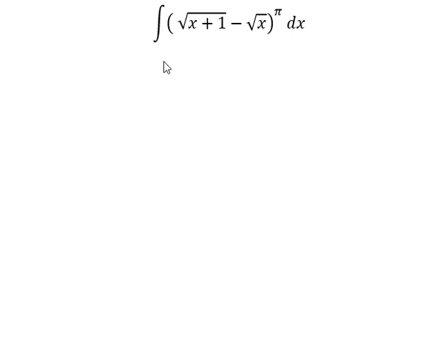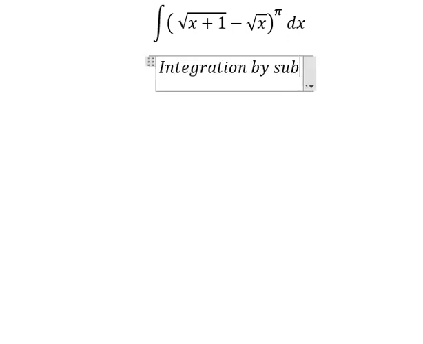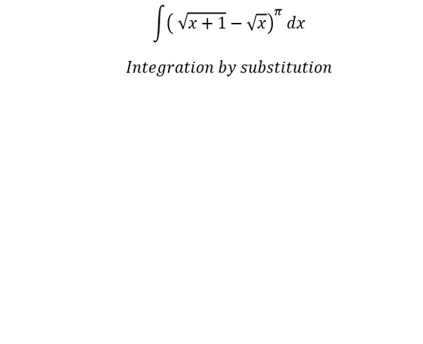So today I want to talk about calculus, the topic about integration. Now I want to show you how to answer. We can use integration by substitution. So I will put s equals to